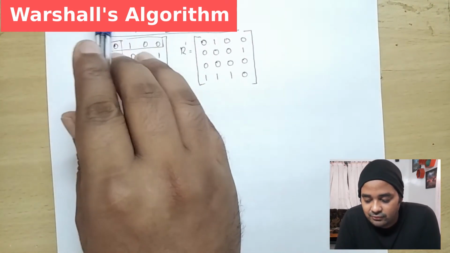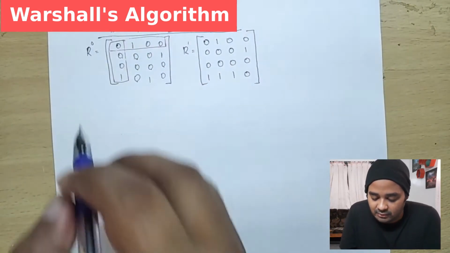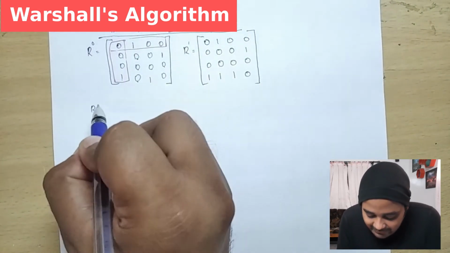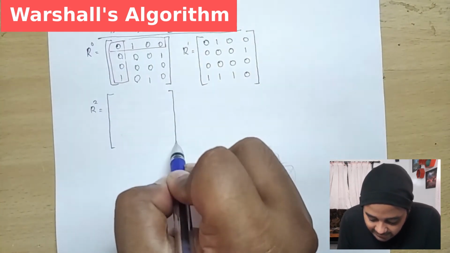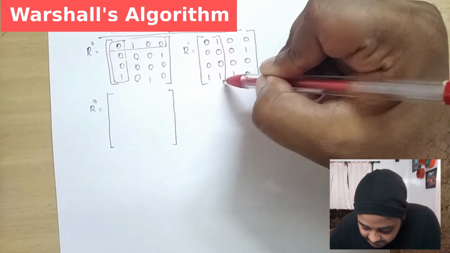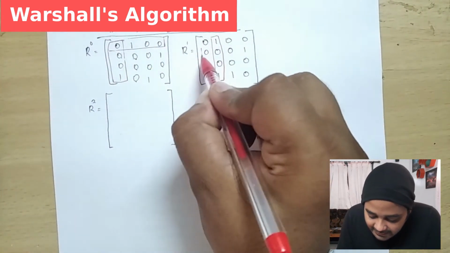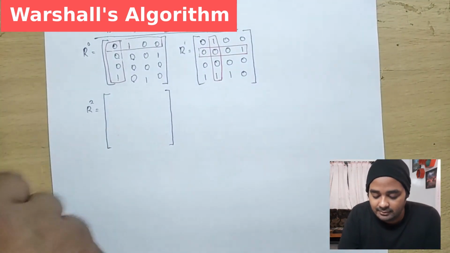Because we are just having 4 matrices over here, what we have to do is construct 4 values. R1 we have calculated, so right now I'm taking the R2 value. For calculating the R2 value, the value I want to highlight is my second column and my second row. So here I have highlighted my second row and second column, right?